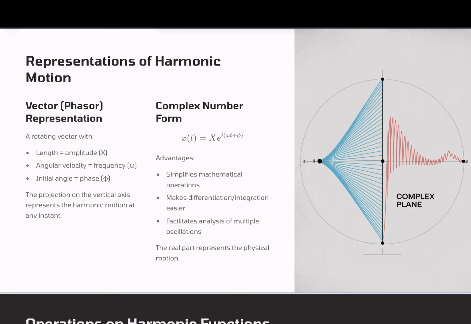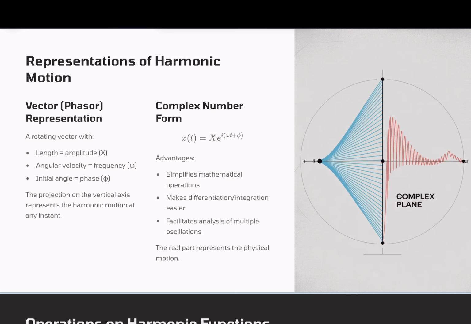And we always take the real part of the expression since that corresponds to the physical motion. So whether we use the vector, phasor, or complex number, both methods make it easier for us to handle harmonic